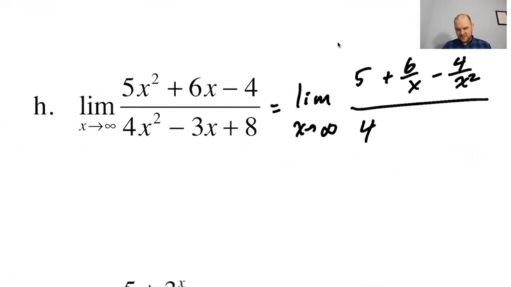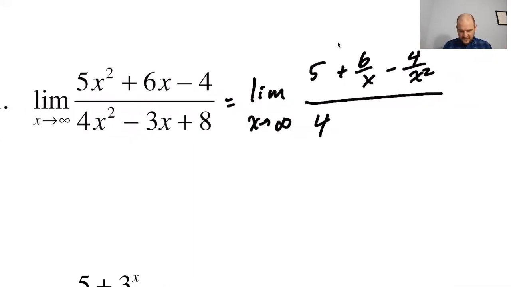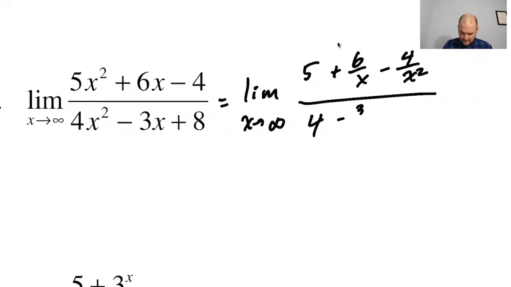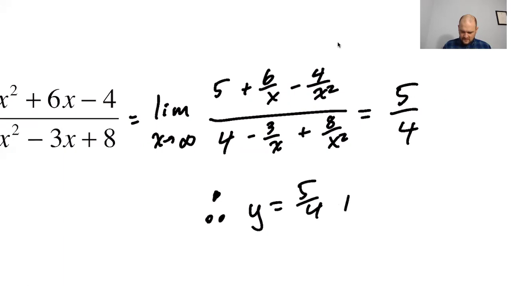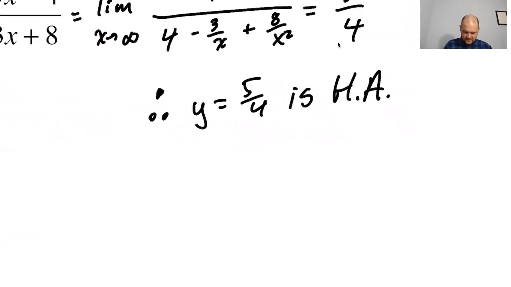Definition of a horizontal asymptote: y equals k is a horizontal asymptote if the limit as x approaches infinity or negative infinity of f of x is equal to k. So when we're getting a constant, we're getting a horizontal asymptote, which is a big reason that you do these, to figure out asymptotes. I see 4 zeros and then 5 divided by 4. So let me say, therefore, y equals 5/4 is a horizontal asymptote